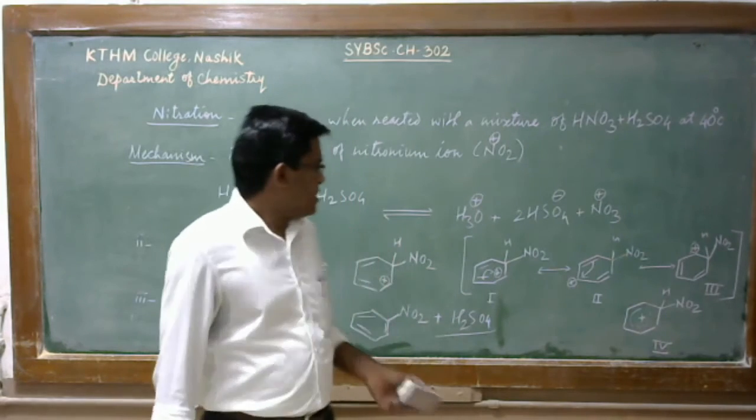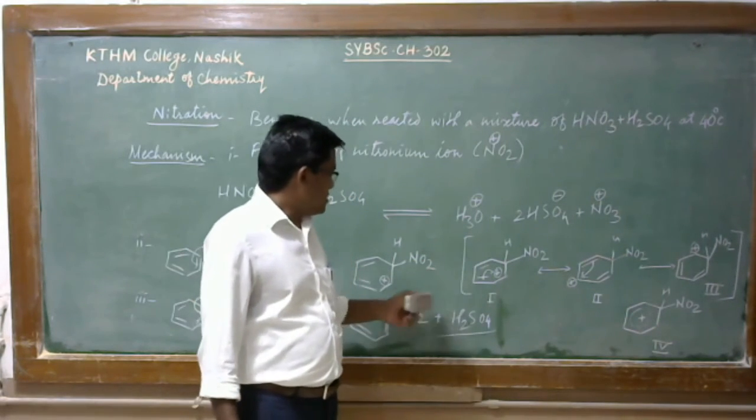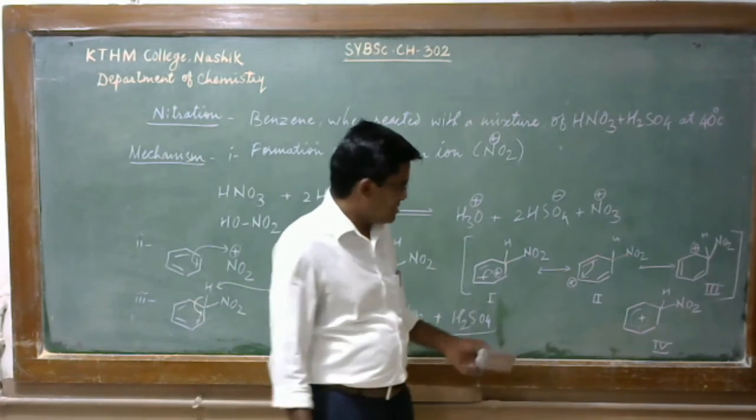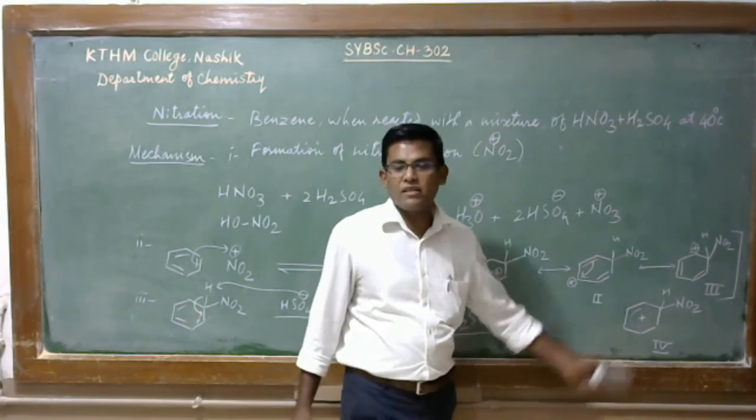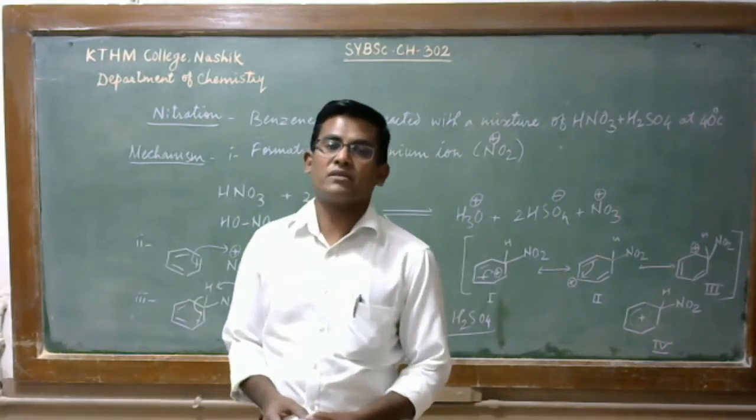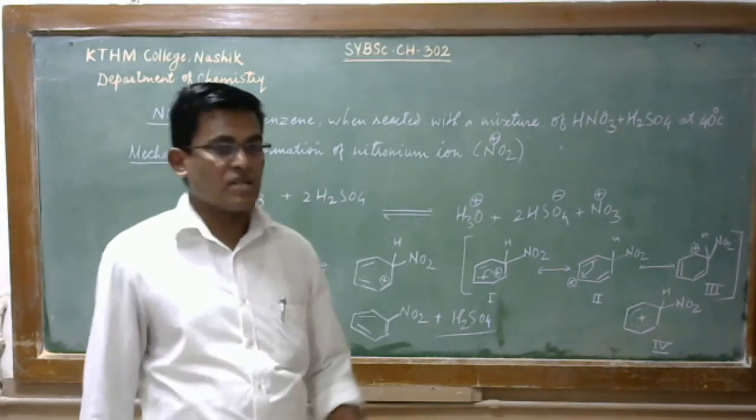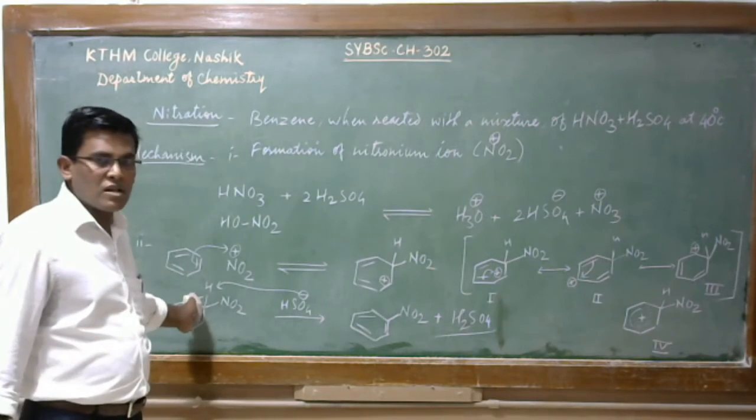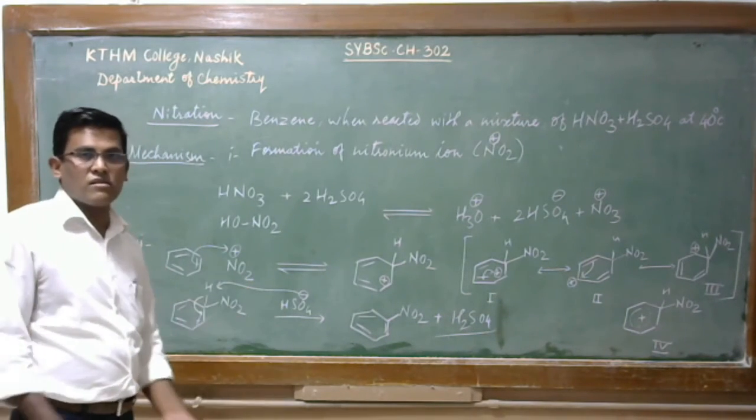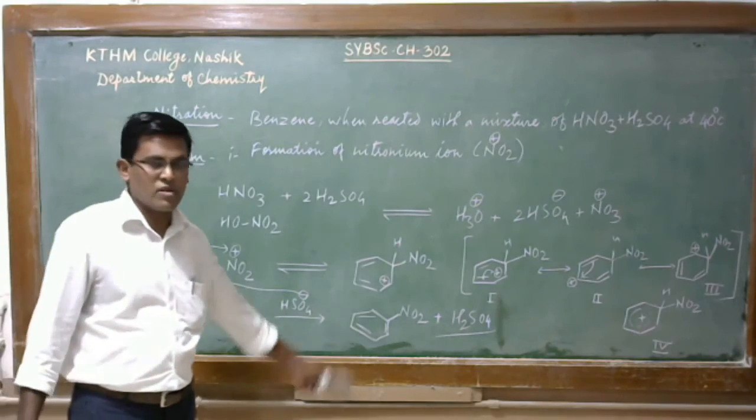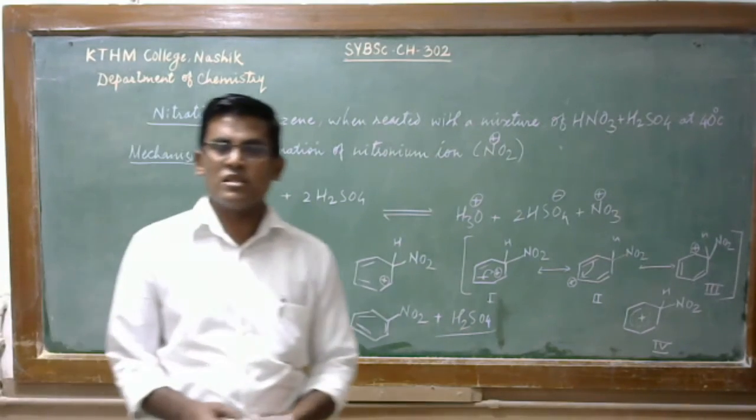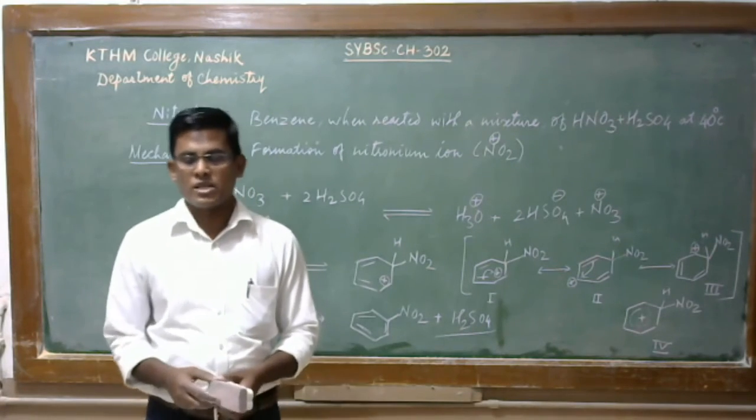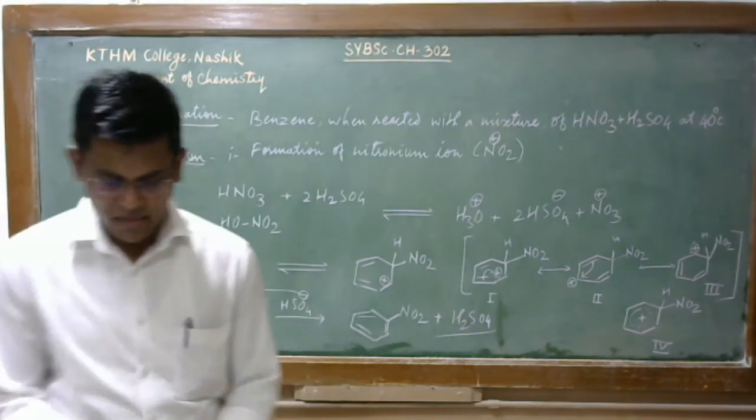But this complex has 3 resonating structures, and this 4th structure is the hybrid structure of these resonating structures. And then in the 3rd step, this proton will be abstracted by this conjugate base to give the final product, nitrobenzene. So this is how nitrobenzene is formed. Next reaction is